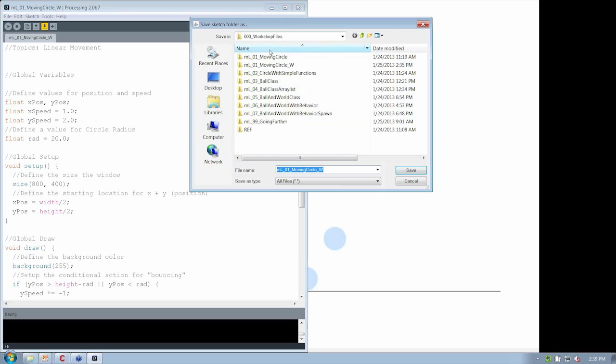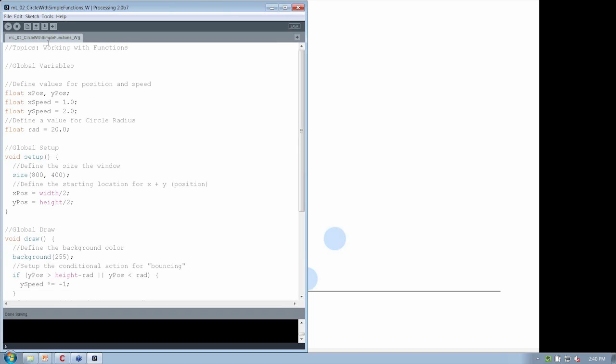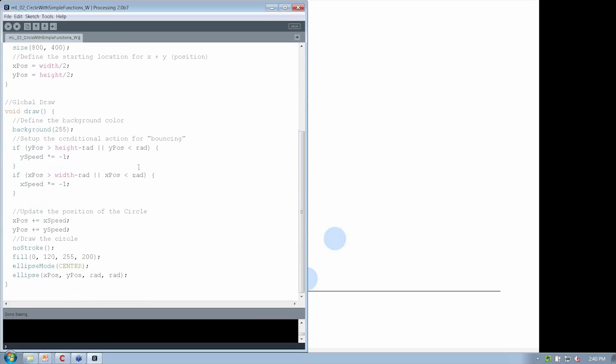Okay, so this is going to be our second file, 02, circle with simple functions. It's my working version. Really, let's revise our topics up at the top: we're going to be working with functions. Nothing much changes about the majority of what we have here, except at the very end, we need to go ahead and specify what our function is going to be. The function is going to take all of this part of the code and move it into another